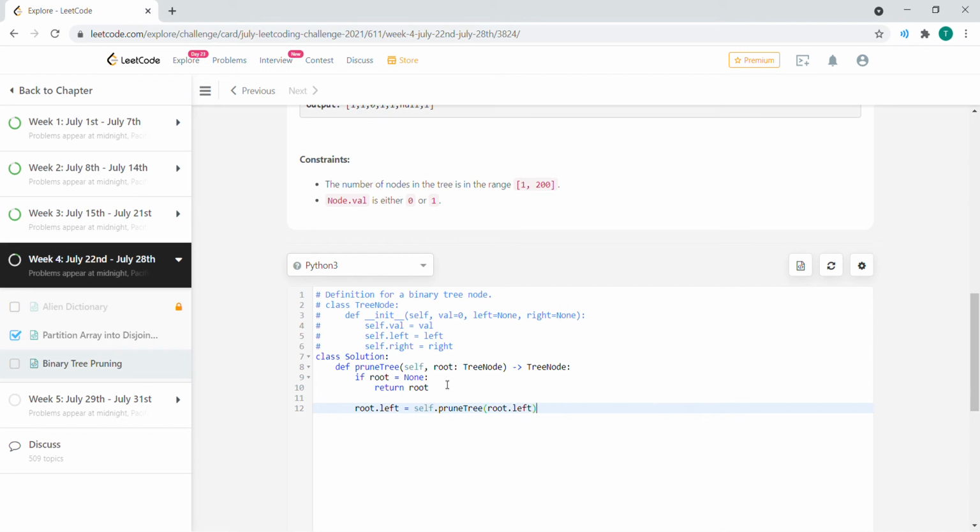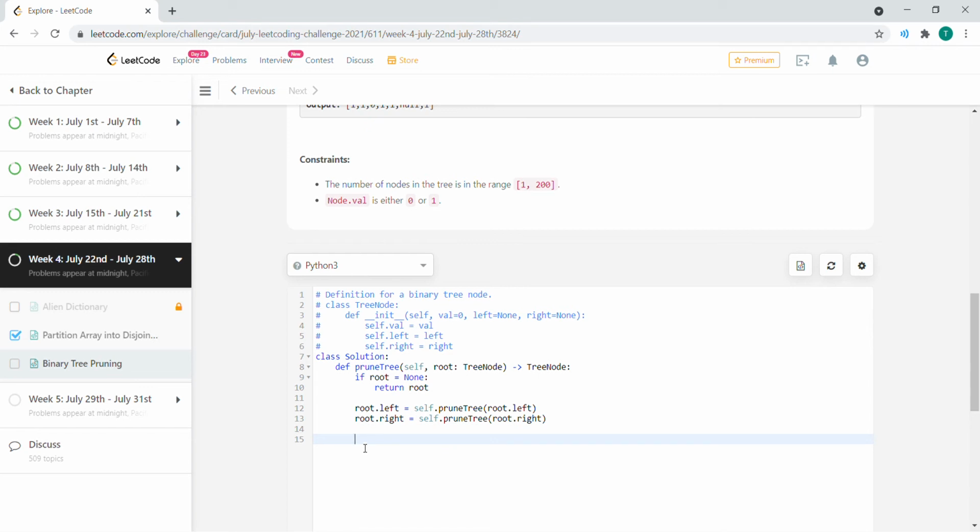So this is what I want to do, set the new left node. And likewise, you can do the same thing to the right, self.pruneTree root.right. So now that we have already set up the new left node and the new right node,